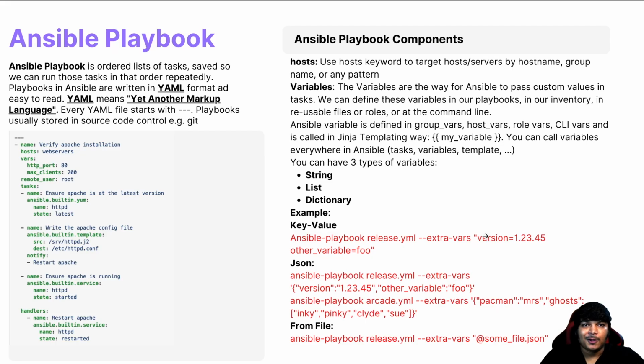Okay, now let's learn about the Ansible playbooks. An Ansible playbook is an ordered list of tasks saved, so we can run the tasks in order repeatedly. Playbooks in Ansible are written in YAML format and are easy to read. YAML means Yet Another Markup Language. Very easy. Okay, every YAML playbook file should start with 3 dashes, and playbooks are usually stored in a source